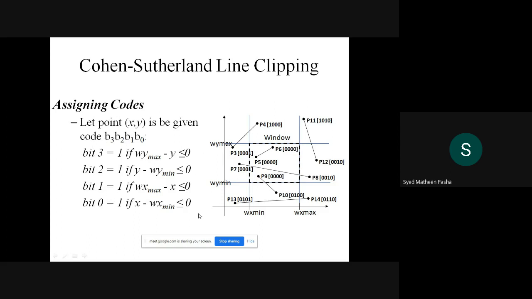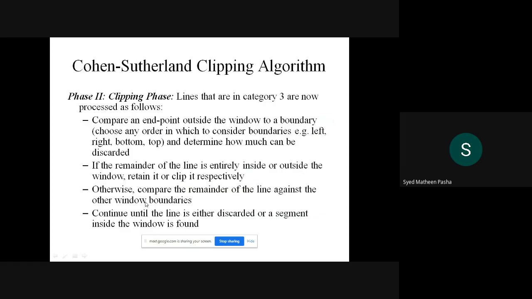That is naming the region code, how the region code exists with respect to that particular assignment. These conditions should be met with respect to 4 conditions, as I told, the left part, right part, below as well as above part. So how will you name that particular region? This condition should be met so that you can write the particular code for that region. So that was about the first phase.